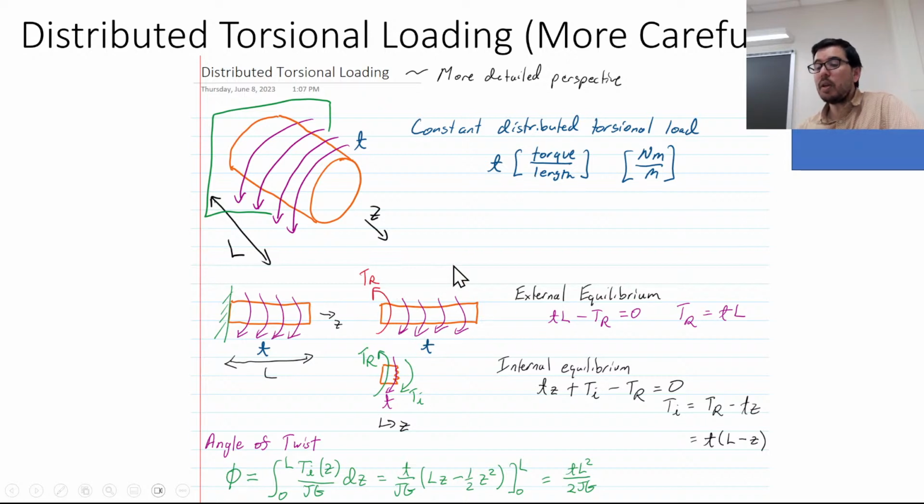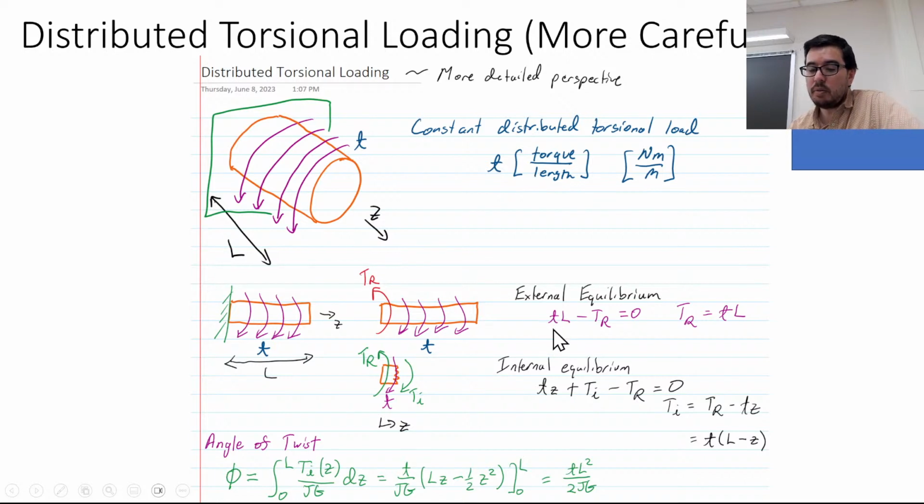Now, this reaction torque is going to have units of newton meters, not newtons, or newton meters per meter. So here is the external equilibrium, and this is one of the key things: it's going to be T times L. Just like you can figure out a force by integrating a distributed force, the integral of lowercase f dx is equal to that force, the external torque similarly can be thought of as